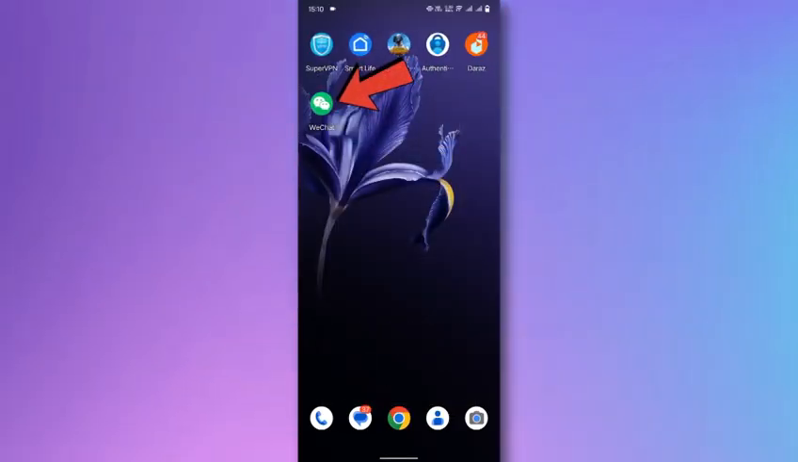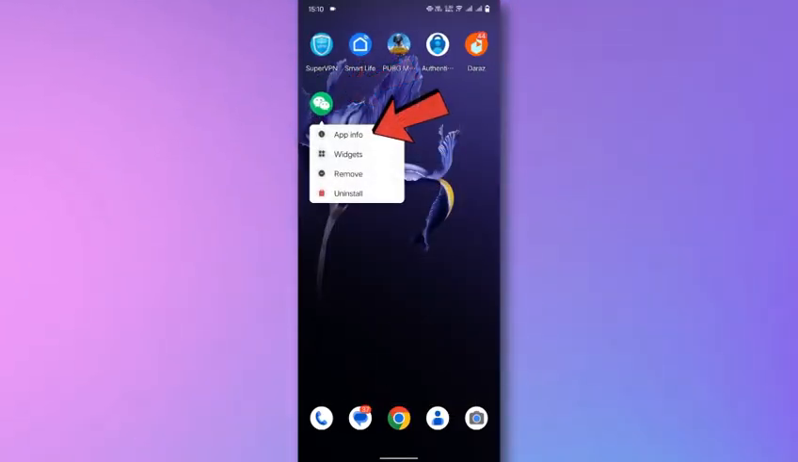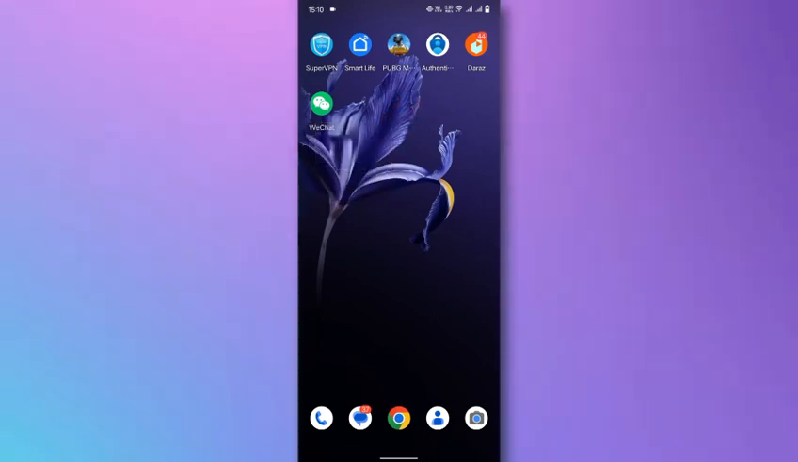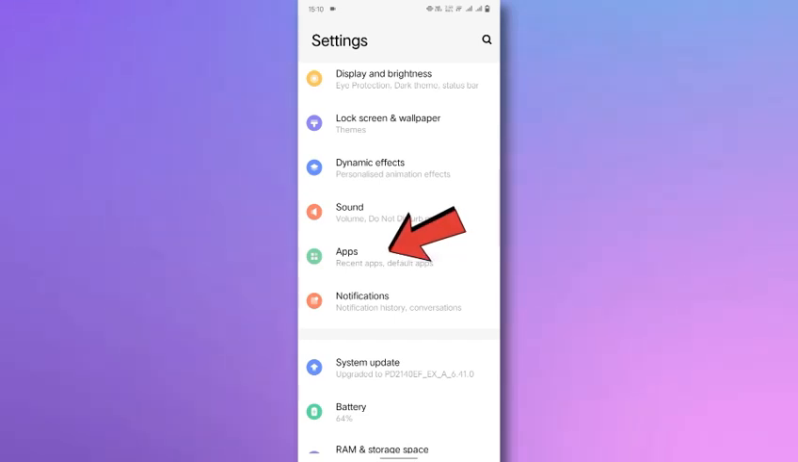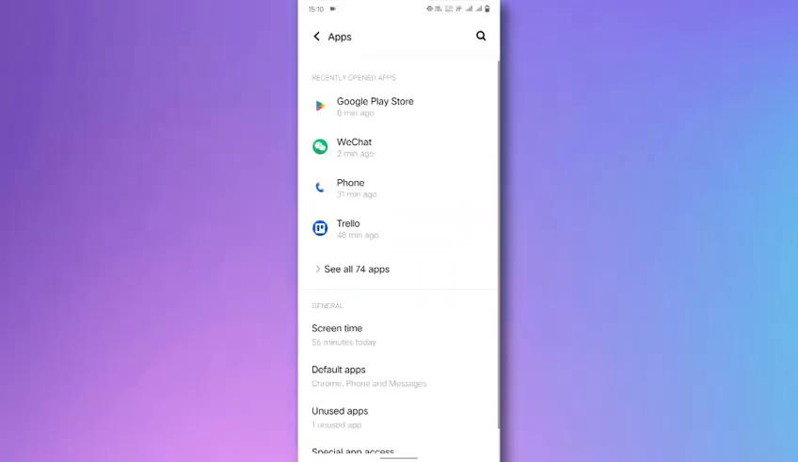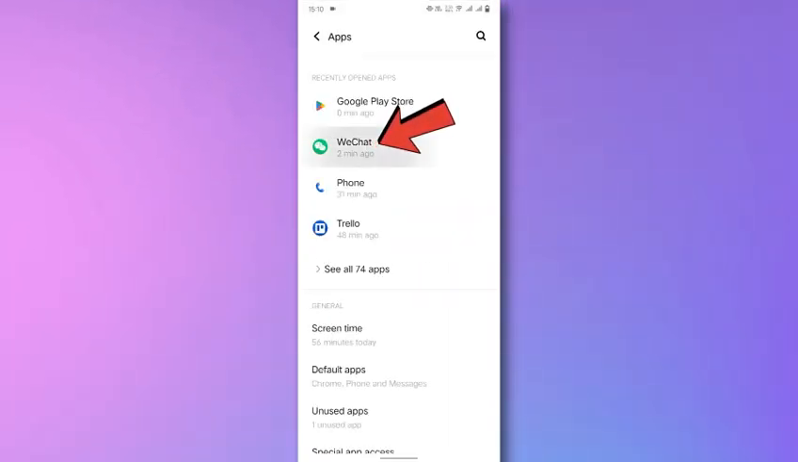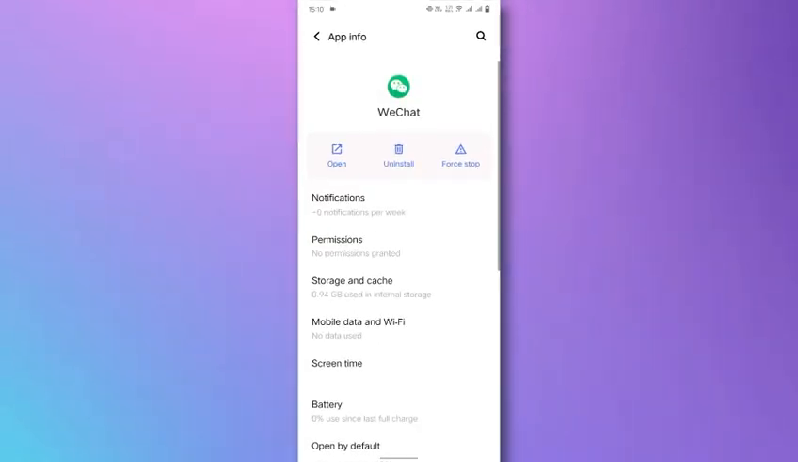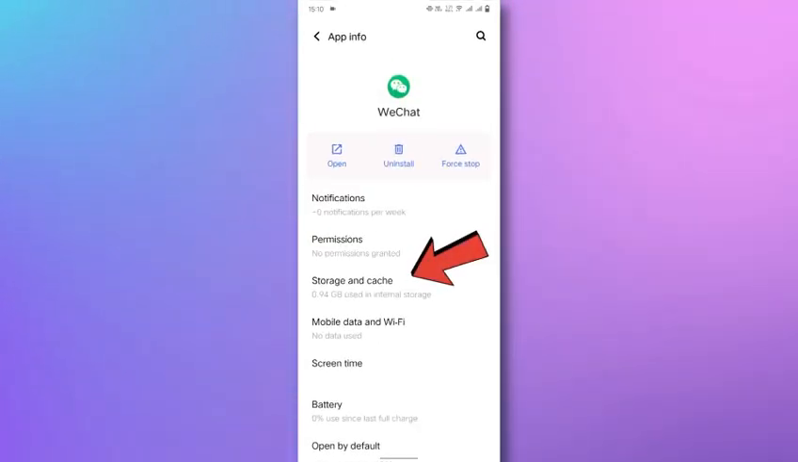Tap and hold the Wechat app icon, then select App Info. If you can't find this option, you can go to your phone settings and then navigate to App Management. From there, locate the Wechat app and tap on it. In the app settings, find the Storage and Cache option. This may be located differently depending on your device, but it's usually found under the Storage or Storage and Cache